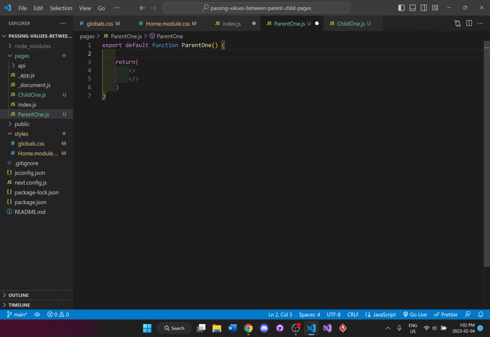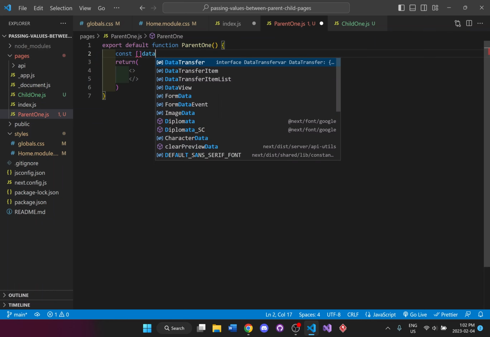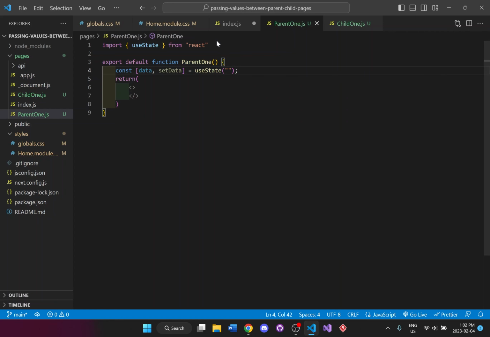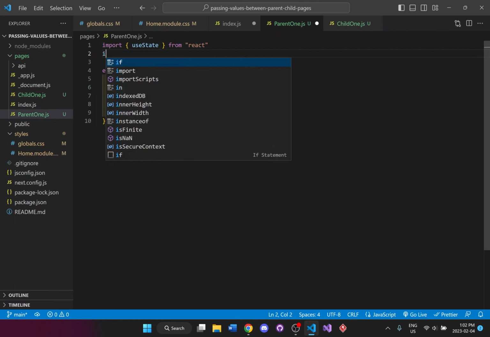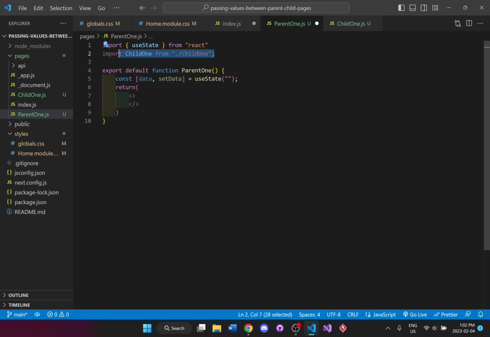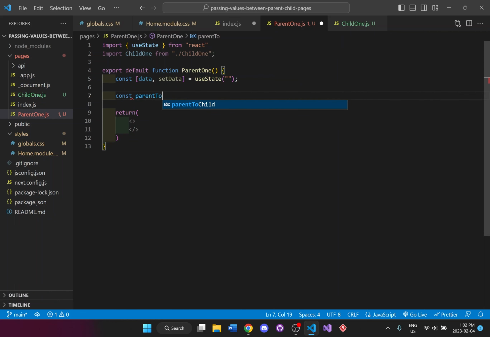Let's first create a use state. There we go. And make sure use state is imported at the top. I'm also going to import child1, the page. I'll import that because I will be using it here. What I'll do here is I'll add some sort of function, parent to child.